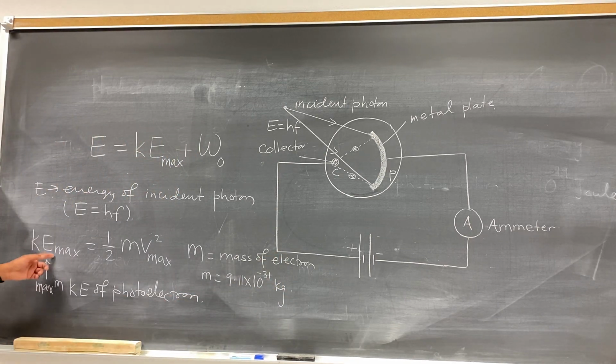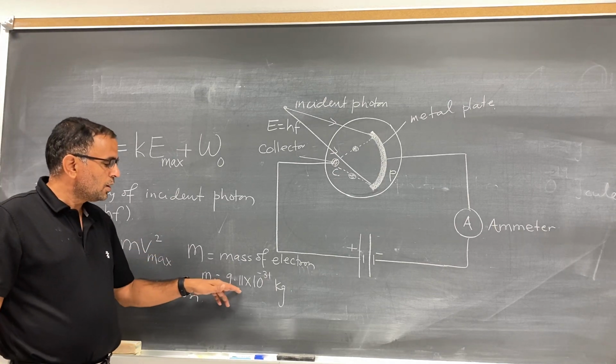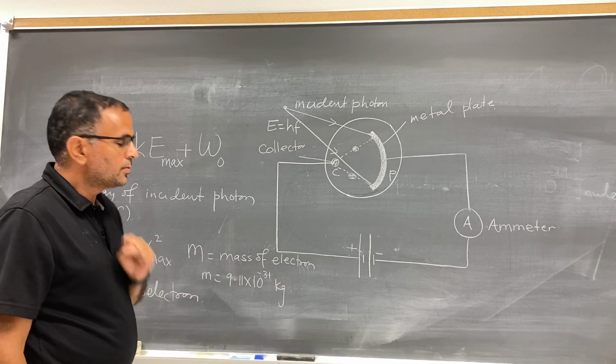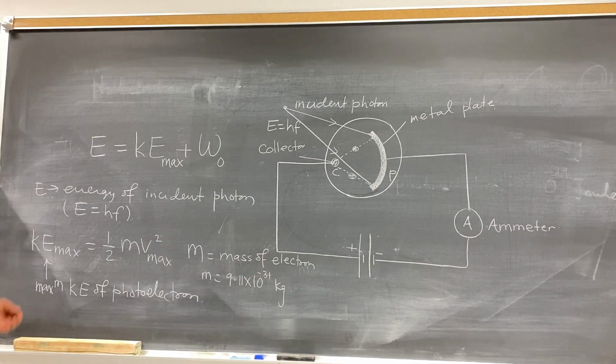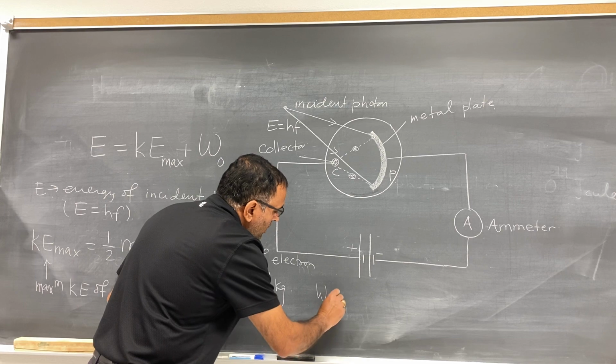Okay, so KE max is 1/2 mv max squared, and m is the mass of the electron, 9.11 times 10 to the power negative 31 kg. You need to know this or write it down in your formula sheet. Okay, and what is omega 0 then? What is omega 0? You can write down